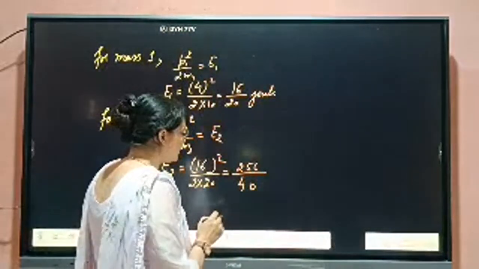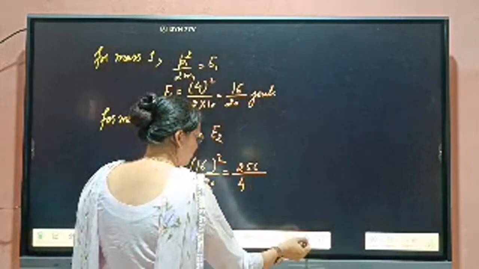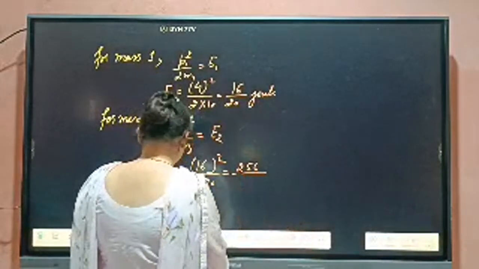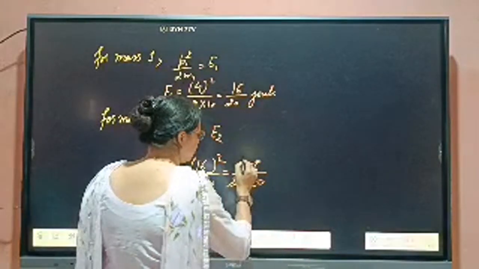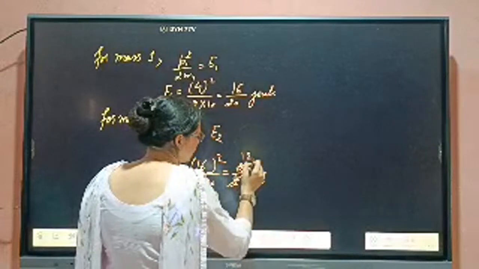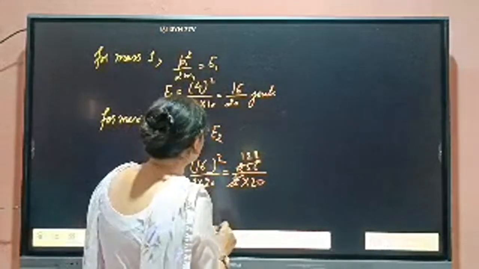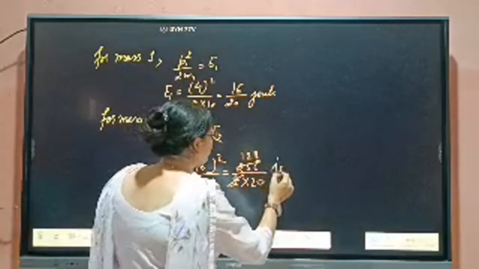If something is cancelling out, then here we can write 2 into 20, so 2 will cancel out, how much is left? 1, 18. Okay, more also cancel out, you can keep it like this only because we have to find out the